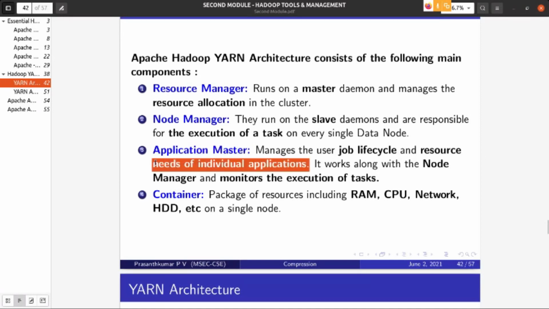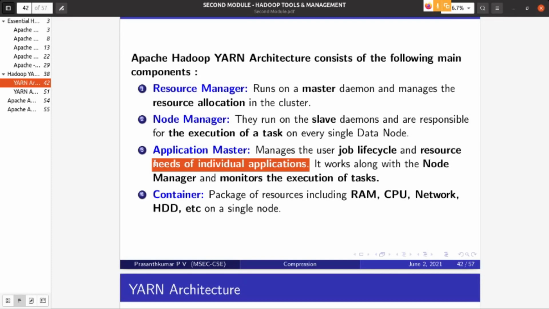Job life cycle means complete execution and coordination: whenever resources are required, it requests them, it monitors the progress of the execution of the job, and once it is over, it consolidates the result.